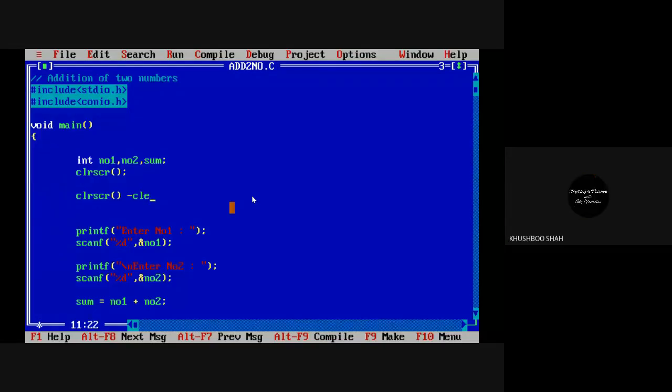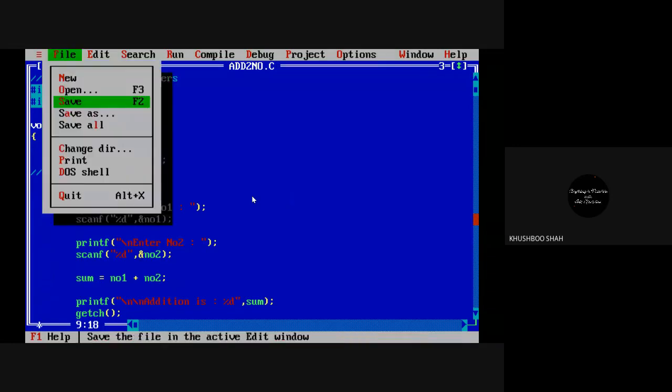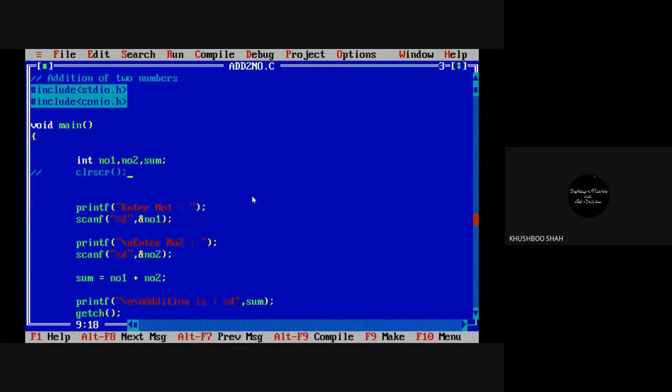Yes, so this is to clear the screen. But as you can see, the brackets are here. This is the function which will clear the screen. What happens if we don't write the statement? Let's check it out. Suppose I'm commenting this out, meaning the system will not execute this line. Now, let's see what happens. What is the actual purpose of CLR-SCR?